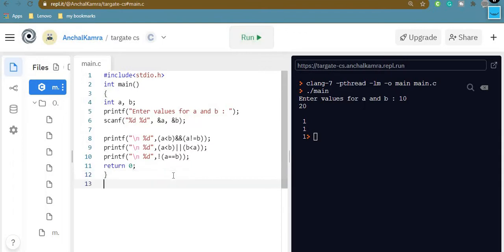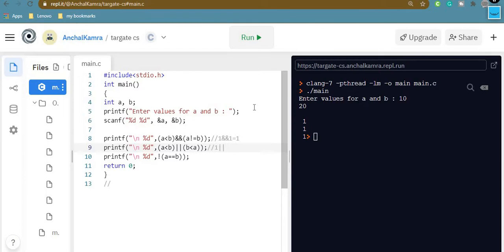I am writing some commented statements over here. Okay, let me just write it directly in front of the statement. So a is less than b. Yes, a is less than b, so it will result in true. And then the logical AND operator is there. The second expression gives us a not equal to b. Yes, a is not equal to b because 10 is not equal to 20, so that will result in 1 also. So 1 and 1 results in 1, right? Next is a is less than b. Yes, it is true. And then you are pressing OR.